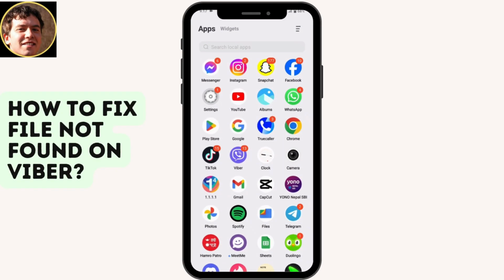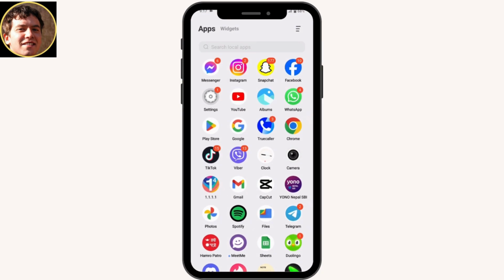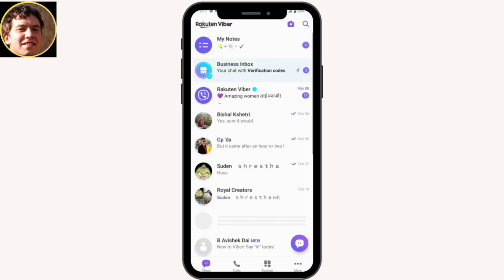How to fix file not found on Viber. So if you're trying to find a file on Viber and you're not able to find the file, then what you can do is, once you open your Viber application, make